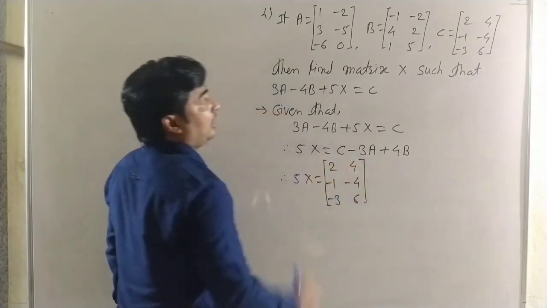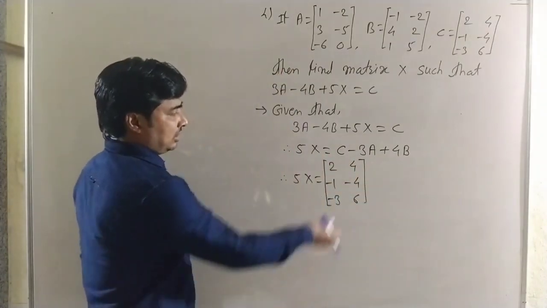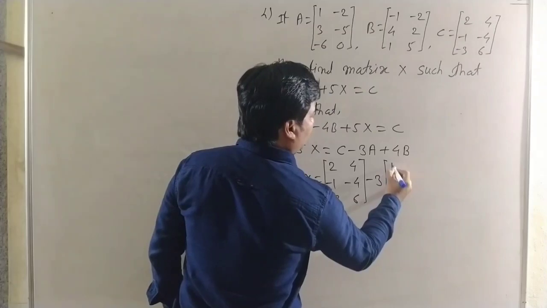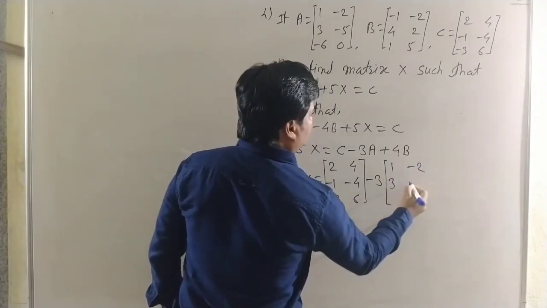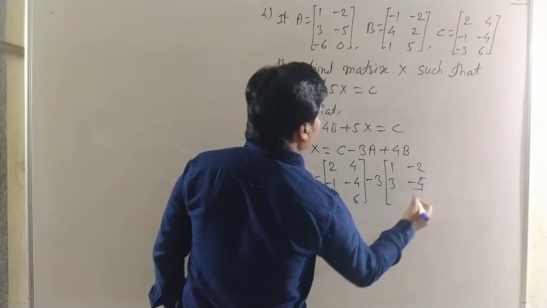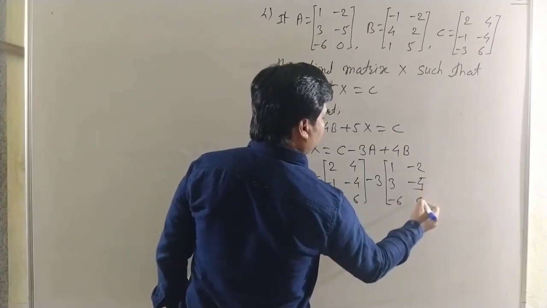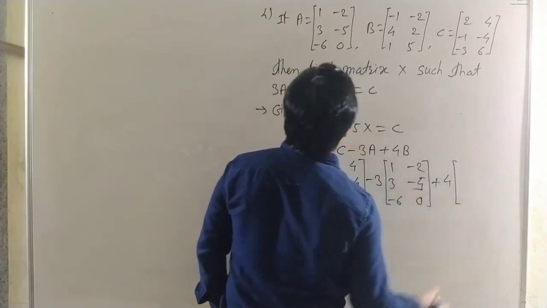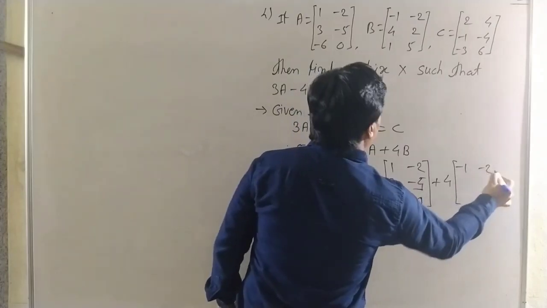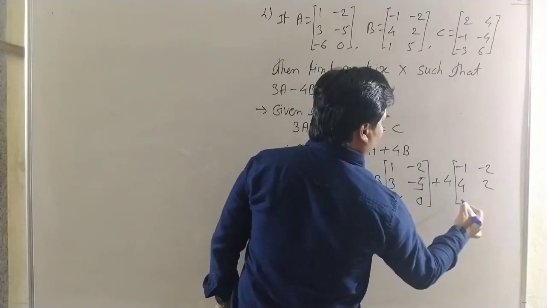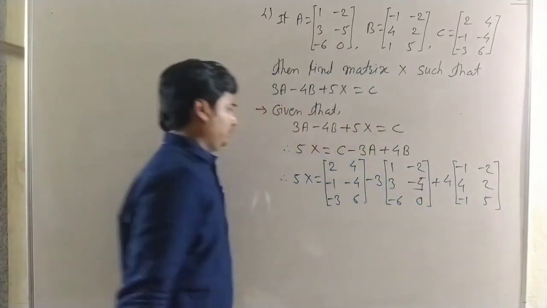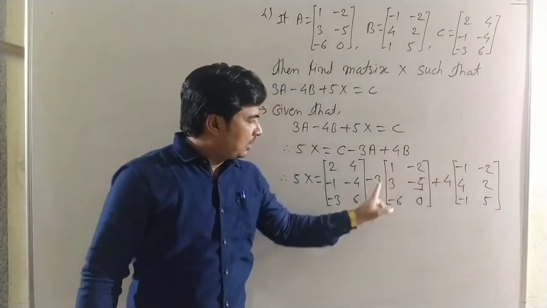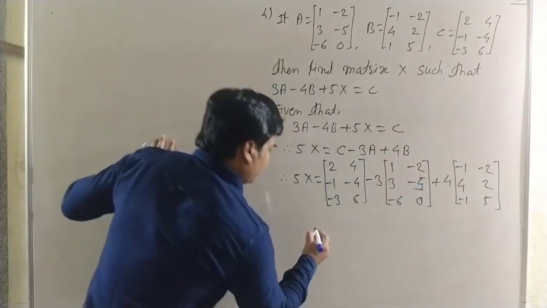Okay, here write carefully all the digits, all the elements in the matrices. Minus 3 into matrix A, it is 1, minus 2, 3, minus 4, minus 5, minus 6, 0, and plus 4 into B, minus 1, minus 2, 4, 2, minus 1, and it is 5. Okay, now first we take the scalar multiple with these matrices. We multiply by 3 and we multiply by 4, and therefore we get here